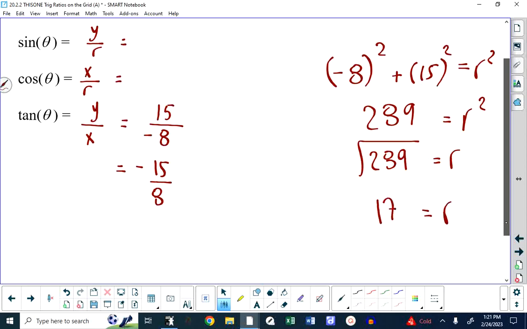So that means sine is y, which is 15, over r, which is 17. Cos is negative 8, which is x, over 17, which is r, and we're done. Capiche? All right. So now we're going to do a question that